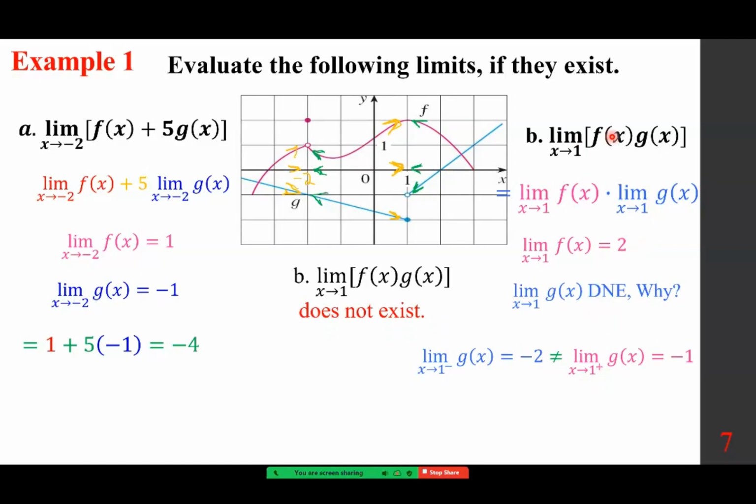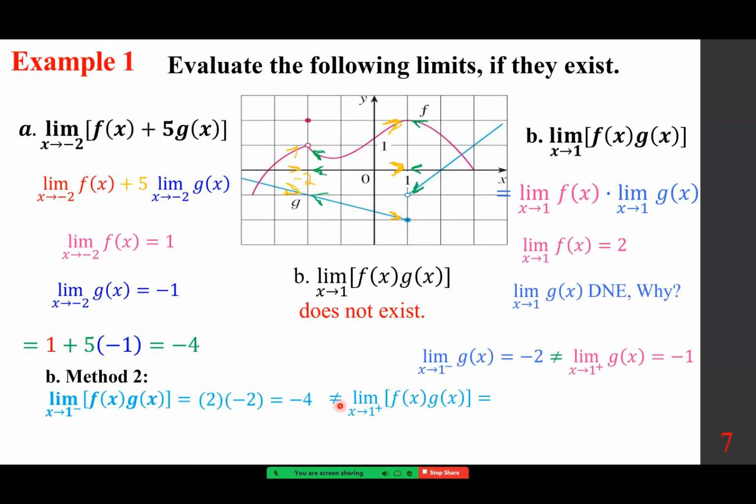The second method is to find this as x approaches 1 from the left and as x approaches 1 from the right. Starting from the left, for this function, left and right makes no difference, it is 2. For this function, the left means minus 2. So 2 times minus 2 makes it negative 4. From the right,